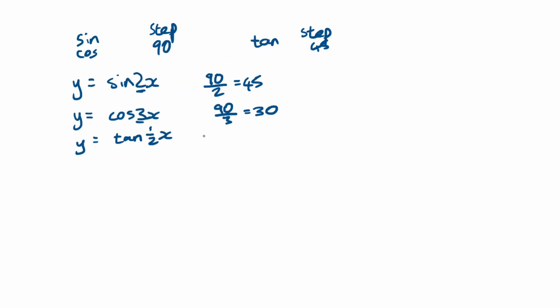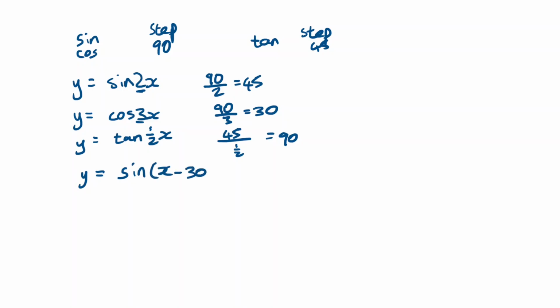What's the best step here? For a tan graph, it should be 45. And I divide it by whatever's in front of the x, so it's half. So the best step to choose would be 90. So that's just to whet your appetite. Then some slight variations. You might have questions that have a bit of a shift, and so maybe it's something